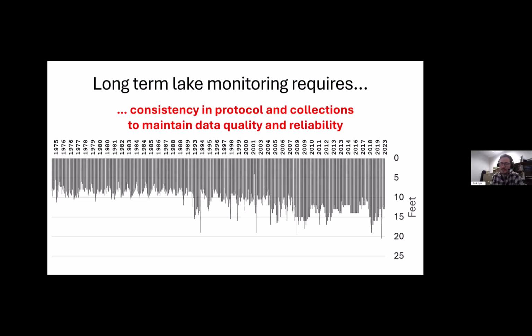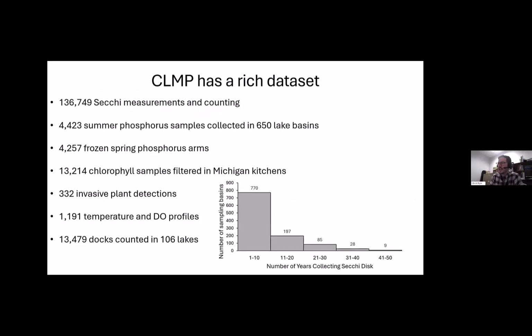As Joe mentioned, the MiCorps CLMP is a respected and well-known data set because it's so rich and has a tremendous amount of information since 1974, with parameters being built throughout time. Joe mentioned some of these, but I just wanted to show a little bit more. It is incredible. I pulled this data last year, so now it's even more. The CLMP's rich data set has over 100,000 rows of Secchi measurements, 4,000 spring phosphorus measurements, and over 1,000 temperature and DO profiles, which are incredibly valuable and useful